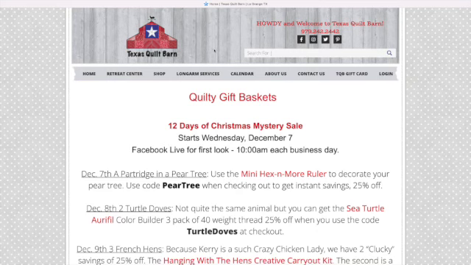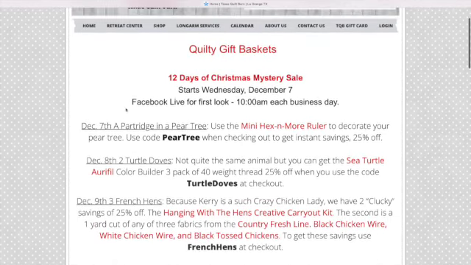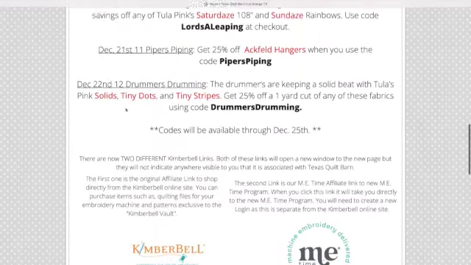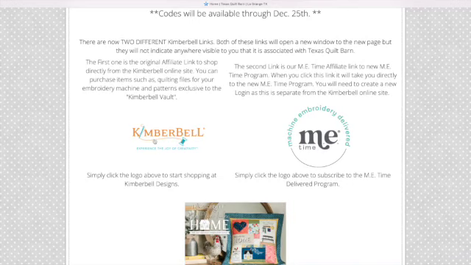So, using the affiliate link from the Texas Quilt Barn is pretty easy. The first thing you'll want to do is go to texasquiltbarn.com. Then you'll scroll down. Normally it's pretty close to the top of the page, but they still have some Christmas things from their sale right before Christmas going. So you'll scroll down until you see this orange and blue link. And what you do is you just click on it, click on the logo, and it will take you to